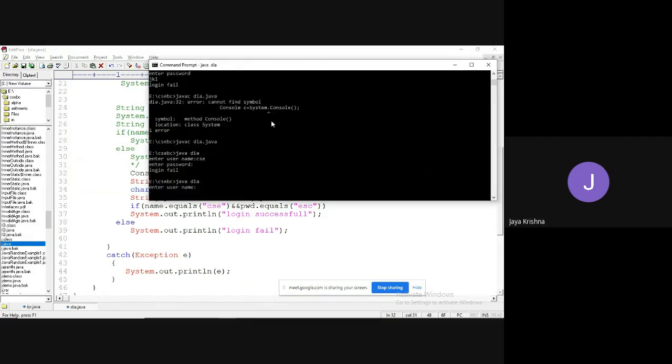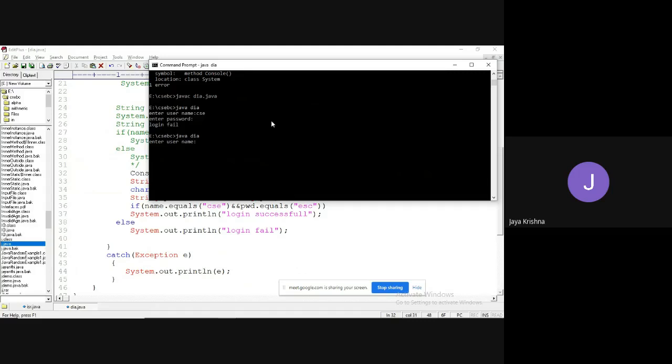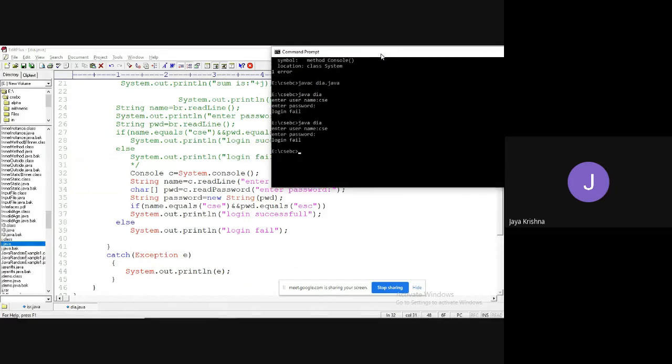Observe. Once again, I am entering. Enter username: CSC. Now I am trying to enter the password: ESC. Enter. Login failed. One minute. ESC, right? Password. Space Dia.